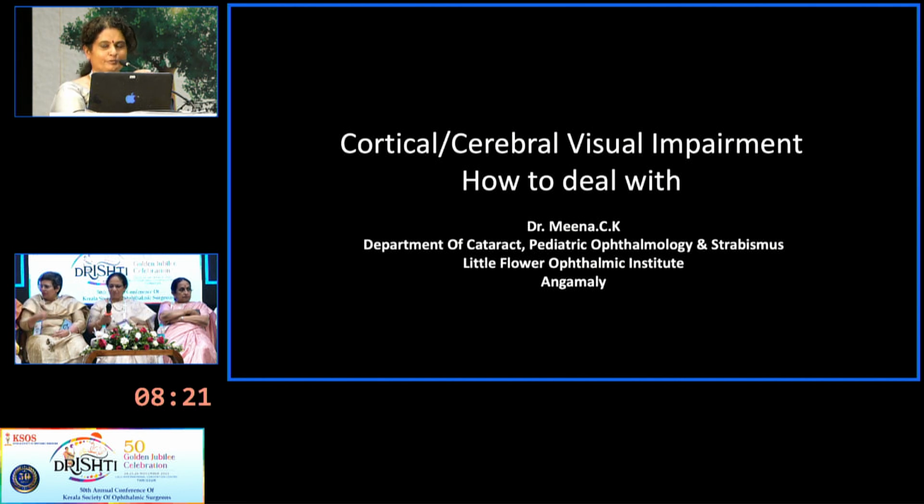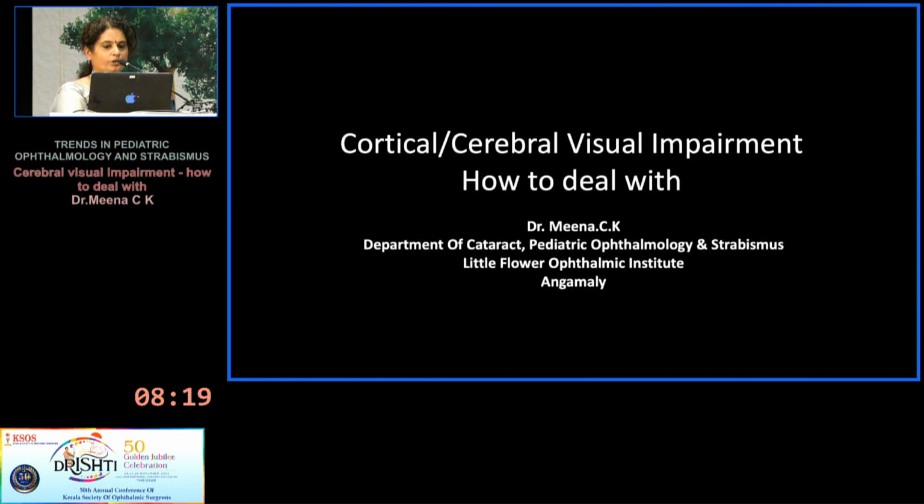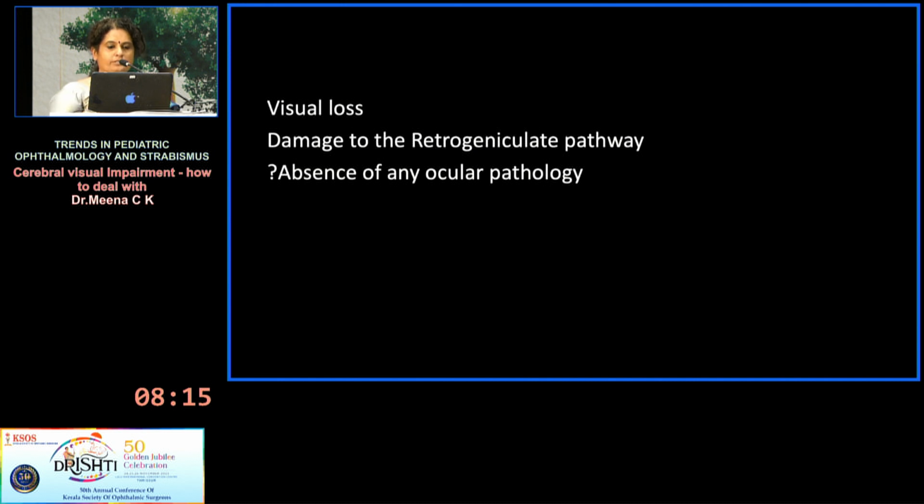Thank you, madam. Good afternoon, all. I'll be speaking on cortical or cerebral visual impairment and how to deal with it. So first, what is cortical or cerebral visual impairment? It is a visual loss with damage to the retrogeniculate pathway and usually with an absence of any ocular